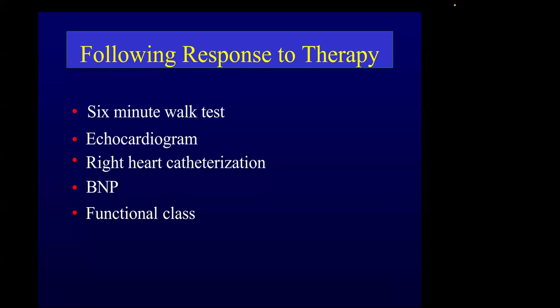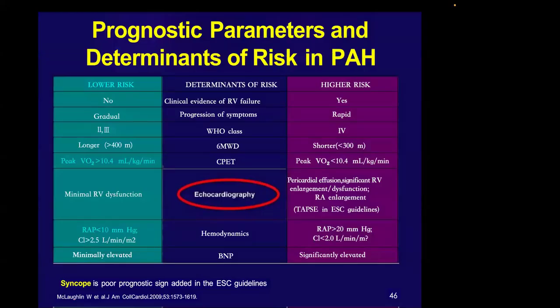Following the response to therapy: 6-minute walk test, echocardiogram, right heart catheterization, NT-proBNP, and functional class are prognostic parameters for determining the risk in PH, the low risk group and high risk group, and determinants of the risk. Echocardiography: minimal RV dysfunction in the lower risk group, and pericardial effusion, significant RV enlargement and dysfunction, RA enlargement, and TAPSE